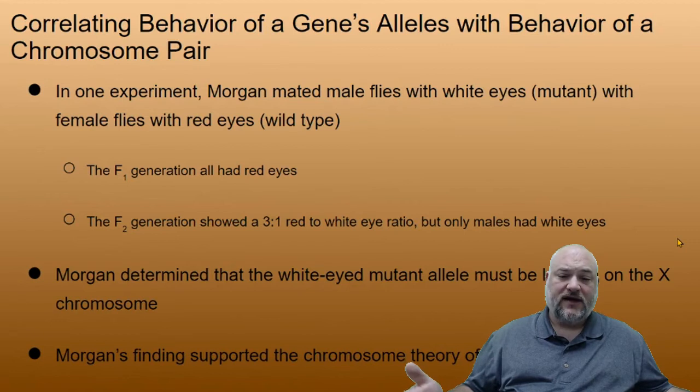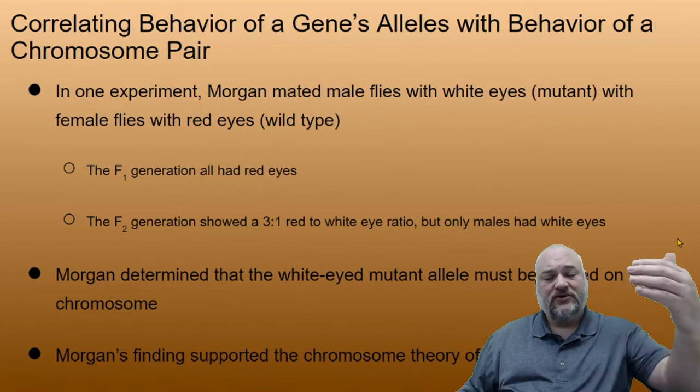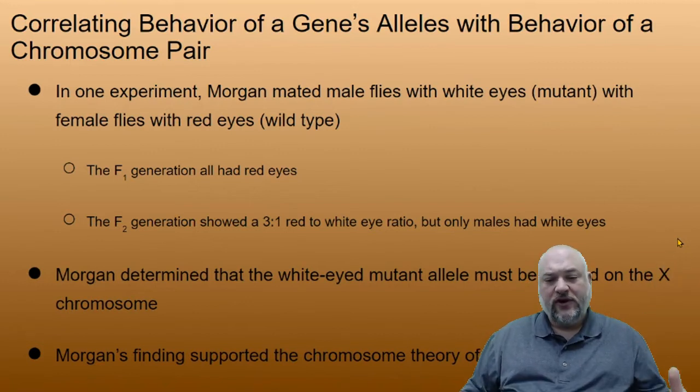All the F1 had wild type. Cool. Okay. Dominant recessive right there. The F2 generation, then, when we made the two F1s, we get the F2, showed a 3-to-1 red to white eye ratio,